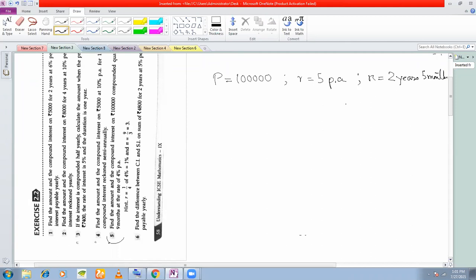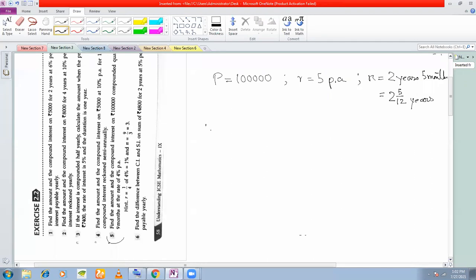then from the compound interest formula, it is very difficult to calculate, isn't it? Till now, that is what we know. So till last year, what were we doing? We were calculating the compound interest for 2 years, and then calculating the simple interest for the remaining months, and then adding them to get the total compound interest. But now I'll give you a technique where you can work with these fractional powers. What you do is you convert this to a mixed fraction. 2 years 5 months can be written in years as 2 and 5 by 12 years, right? Now this you keep as it is.